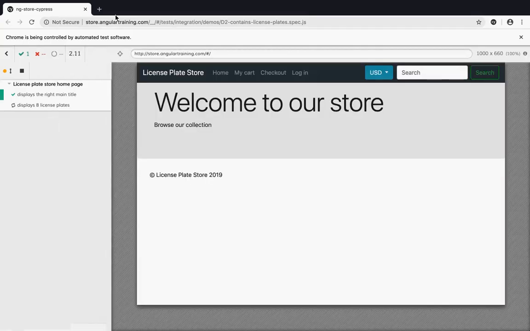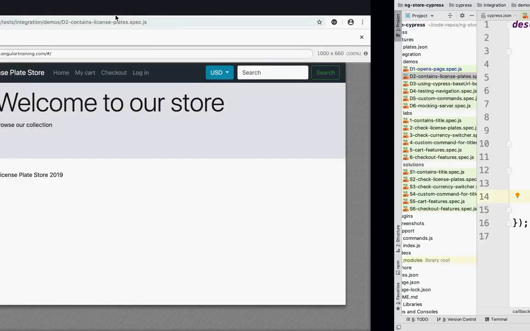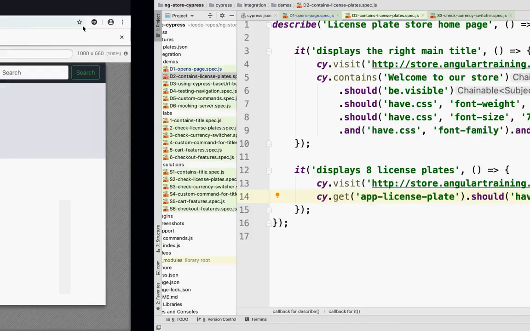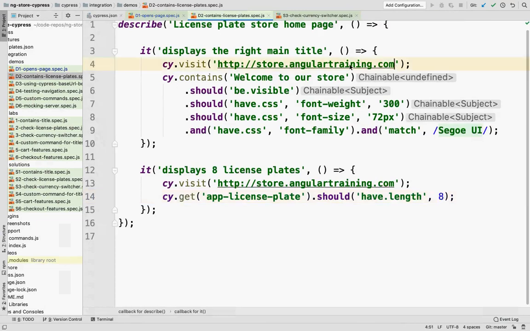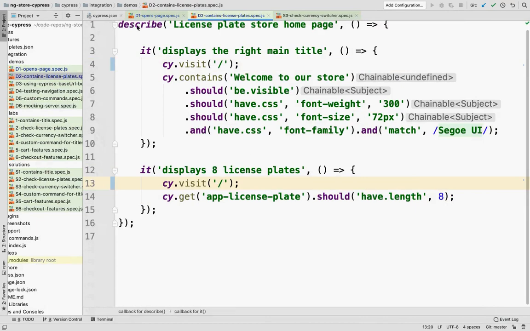Now we run a test. The first one passed. And the second one, see, it's waiting. And oh, we're getting nothing. Oh yeah, I went to the wrong location, that's why. I have to change those to localhost. Well, actually, I can even cheat a little bit. And refactor this. I'm going to change these two.